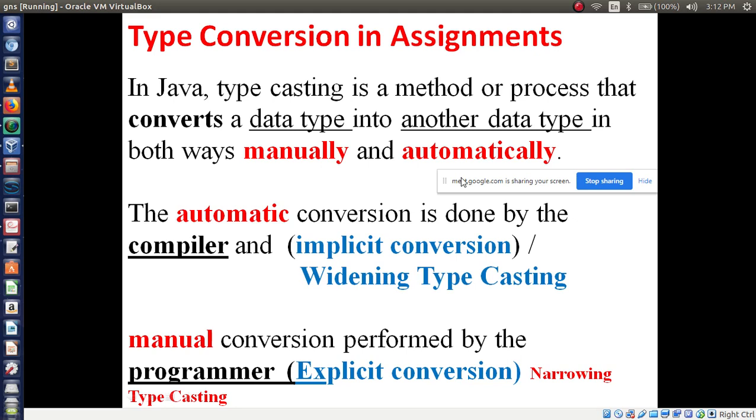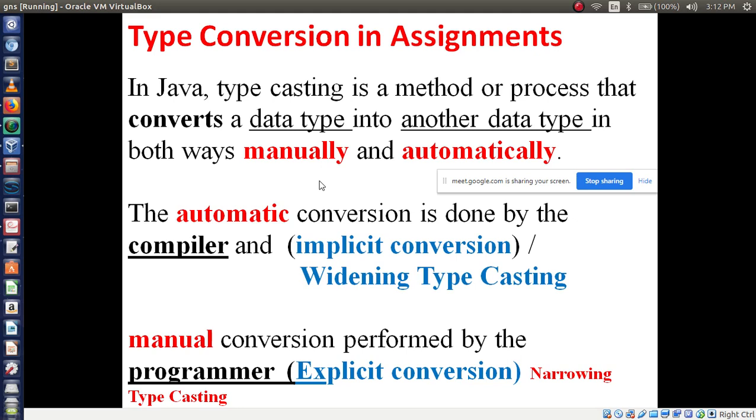We have two kinds of conversions: one is manual, another is automatic. The compiler does it automatically, but manually, we as developers and programmers have to make the type conversion. So now you understand what we mean by type conversion.